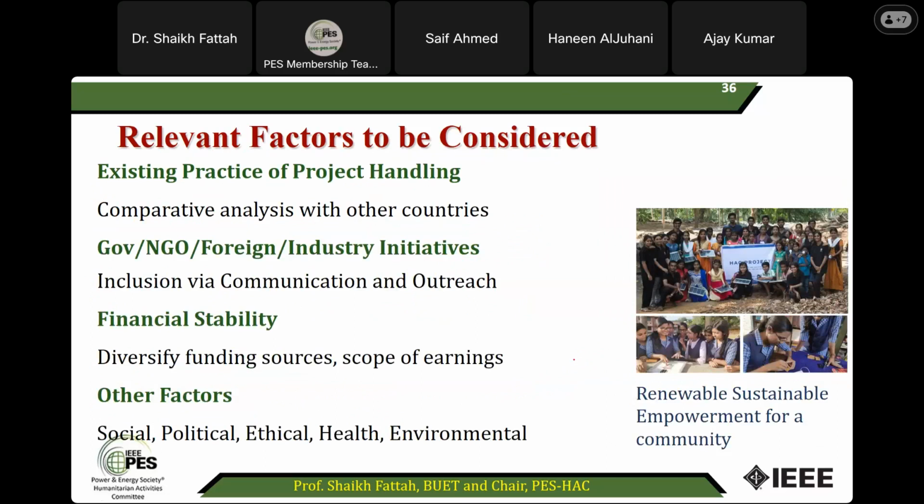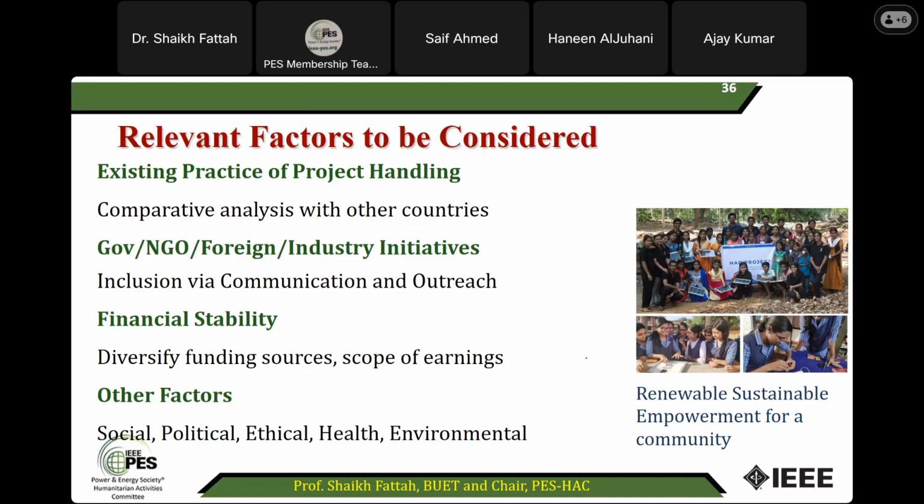For example, what is going on there is important. Existing practice. If there is an existing approach or system, we have to be careful before implementing a new one. Many NGOs are already working there, so they have their own approach. People may be habituated to that, or they have already started working on the same project. So if you are new there and starting the same project, it will be redundant, and people may be thinking why you have to do that. So it's important to understand what's going on there.